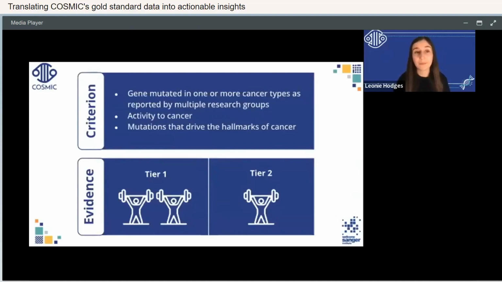To be in Tier 1, a gene must possess documented activity relevant to cancer, along with evidence of mutations in cancer which change the activity of the gene product in a way that promotes oncogenic transformation. We also consider the existence of somatic mutation patterns across cancer samples gathered in COSMIC. For instance, tumor suppressor genes often show a broad range of inactivating mutations, and dominant oncogenes usually demonstrate well-defined hotspots